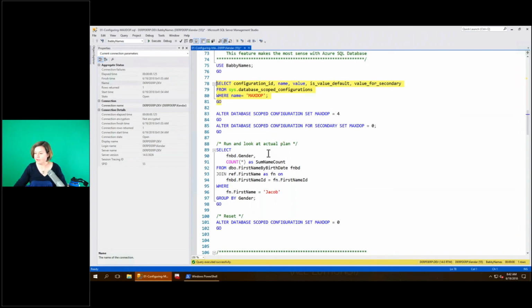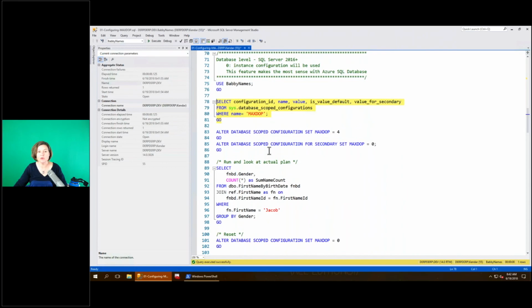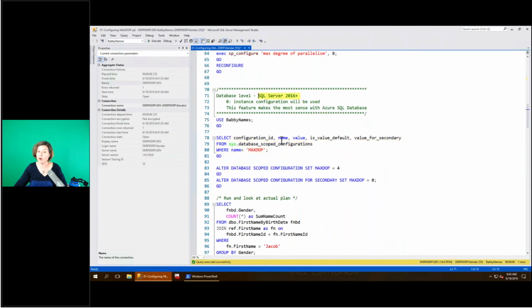So I like that we have this. It's one of those new features that is also SQL Server 2016 and higher only. So there may be some cases where you don't use it because you aren't on SQL Server 2016